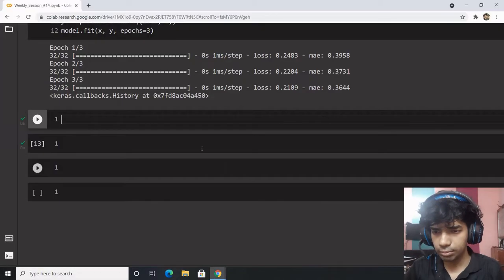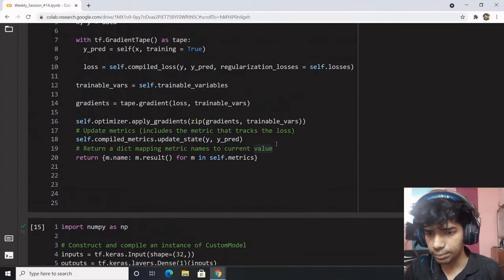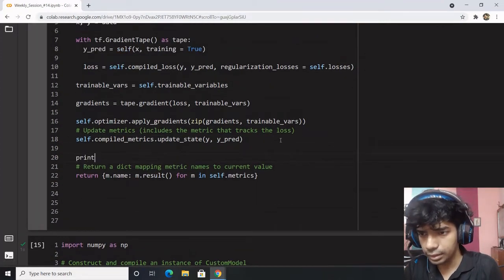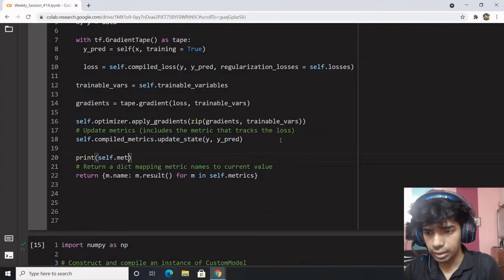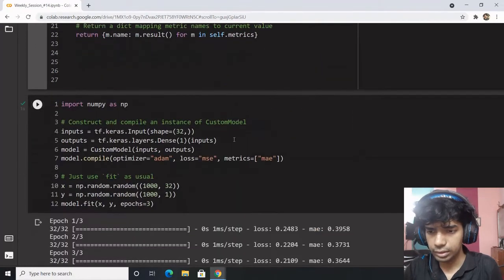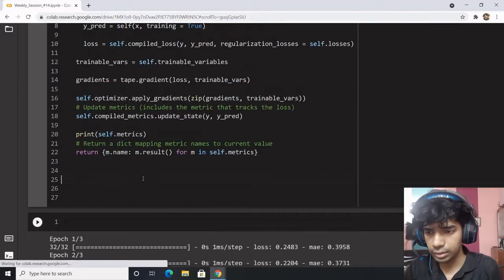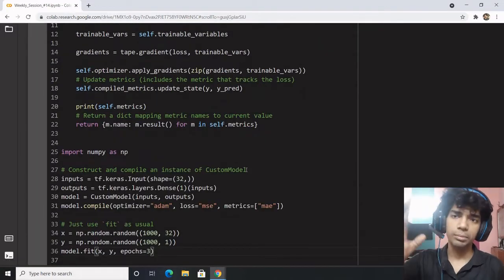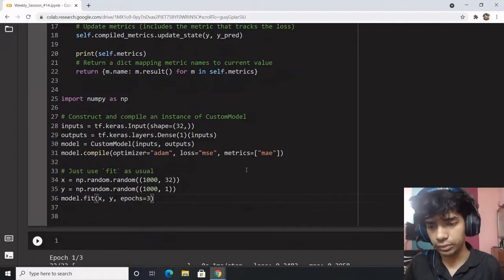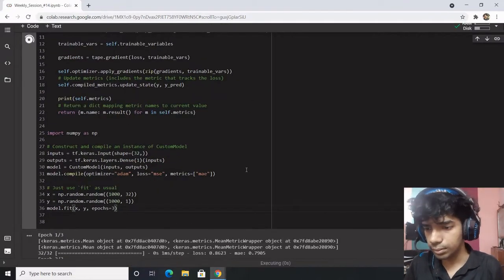But before jumping into it, let's try to understand what happens over here. And let's print self.metrics. How does it change? And let's cut it over and paste it here so that I need not keep swinging between the two cells continuously. That's a bit troublesome.